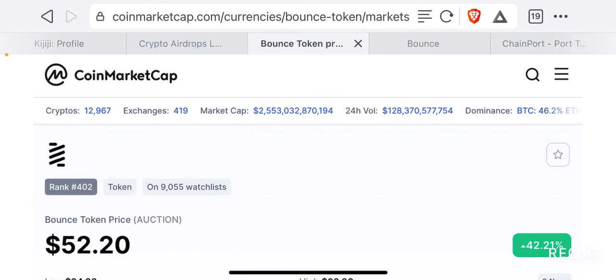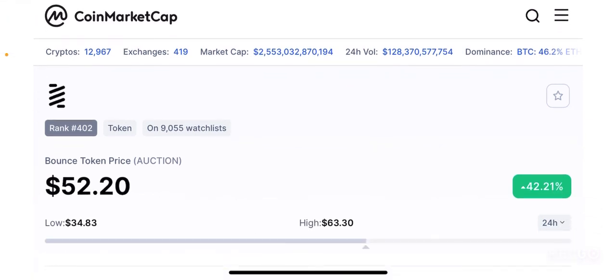So what's my final verdict on this token, guys? I think this token has a huge potential. I can see this token reaching $80 to $90 per token by the end of this bull run, even possibly crossing the $100 mark for a brief period of time if you're lucky. In the long run, I think this token can easily touch $150 per token with all of its platform fully functional. By allowing people to build their own auctions using their toolkit, I think they are definitely signifying a very bright future for them, because not a lot of platforms allow their users to build things on top of them in an easy manner, right?